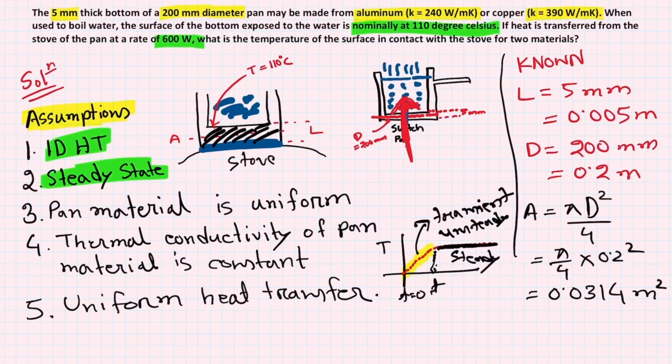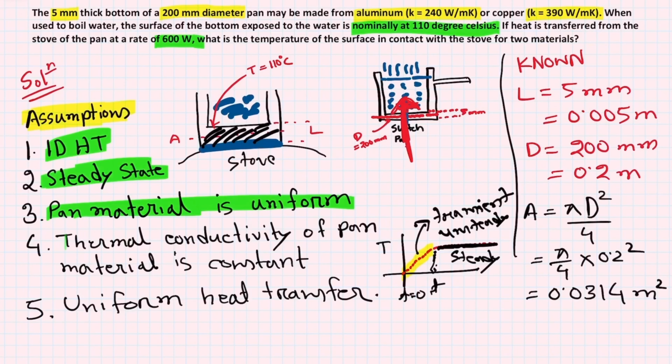So the third assumption is the pan material is uniform. This means whatever material you use to design your pan, it has to be uniform everywhere. So if it's made of aluminum, it has to be the same quality aluminum everywhere throughout that cross section or throughout this material that we are considering. Then we are making another